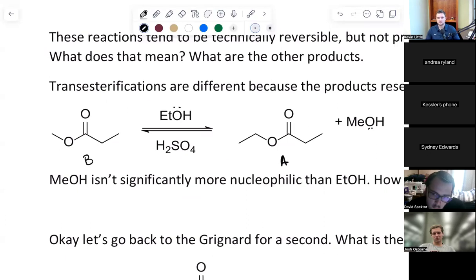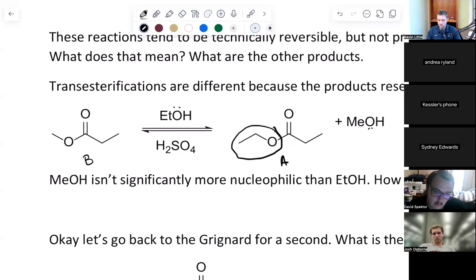Anybody have any ideas? To increase the concentration of your base or of reactant B. So the key is if I want product A versus product B, I need a